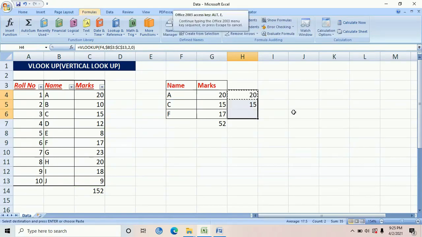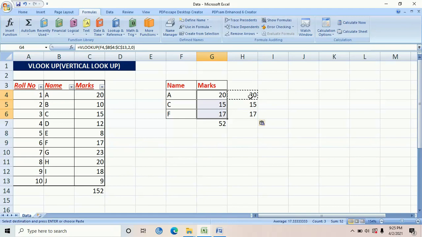Now let me just move it down and now see, I've got the same marks that I have placed earlier and I've got the same over here, right? Now instead of F, suppose I write J. Let's see if my marks change. See, now it has automatically got changed to J, right? If instead of J I write D, let's see if it changes. So D marks are 12, right? So this is how a VLOOKUP formula works.